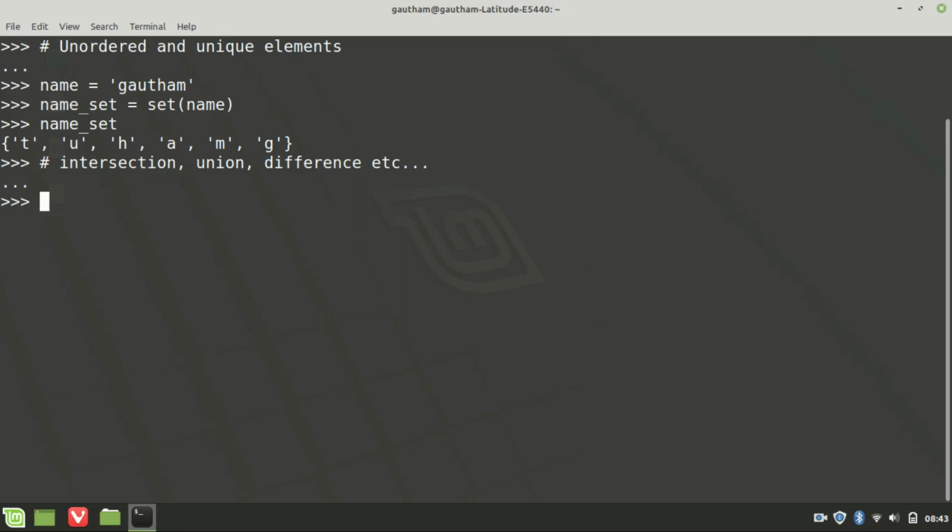So if we want to create a set in another way, then we'll say new set is equal to, we have to use the same curly braces that we have used for dictionaries. The difference being, in dictionaries you write the data as key value pairs, here you write them without any key value pair. 1, 2.56,